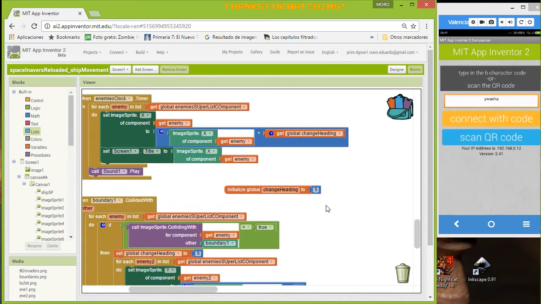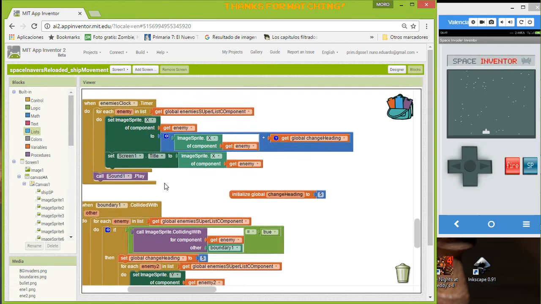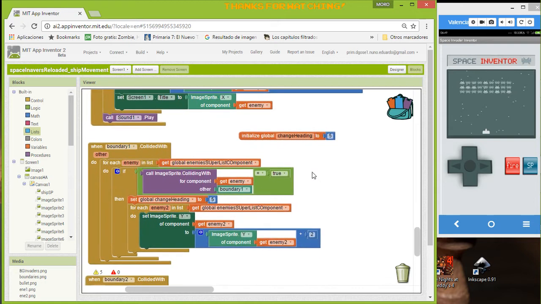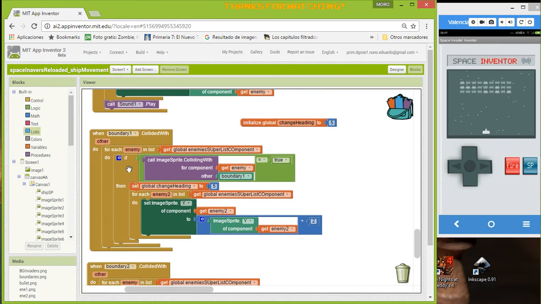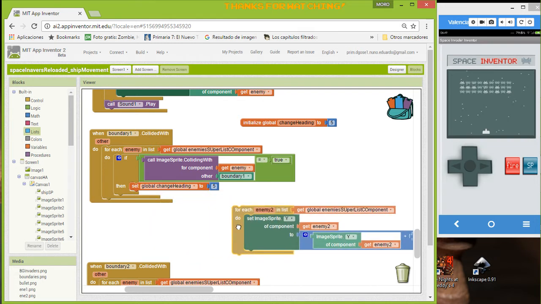Now, what is the thing? I added a second clock because I want to do this. When the enemies collide, I want to check the collision. We check the collision, then we change the heading, and then we are going to remove this block that is moving the enemies. And instead of this,